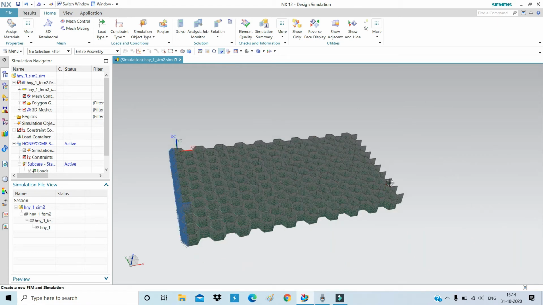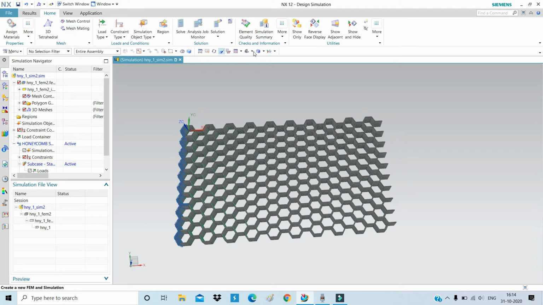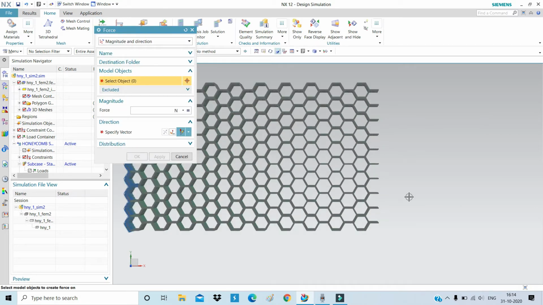Now our next step is to apply a load. For this, first select the top view, then go to load type, in which you can select force. Now select the region on which we apply force. Okay, giving 1 Newton force.